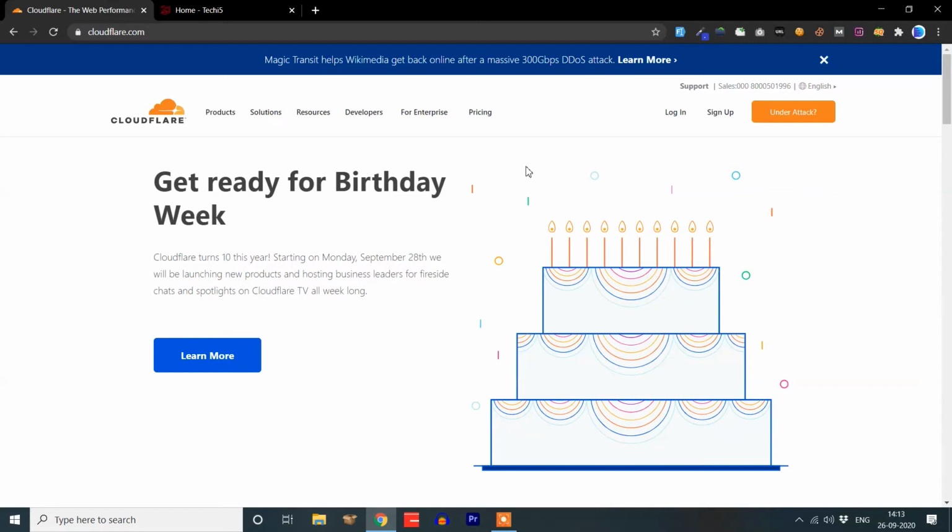Also, Cloudflare will help us prevent a DDoS attack. What is a DDoS attack? A DDoS attack is when someone has 500 or 5000 or 5 lakh bots and sends us false traffic to attack our server. Our server can withstand only a limited amount of traffic based upon our server specification. If your hosting is shared hosting, it can withstand only a limited amount of traffic at a time. So if someone sends a massive amount of traffic to our website, our server will go down and our website will be down, which will affect our website's SEO status in Google.